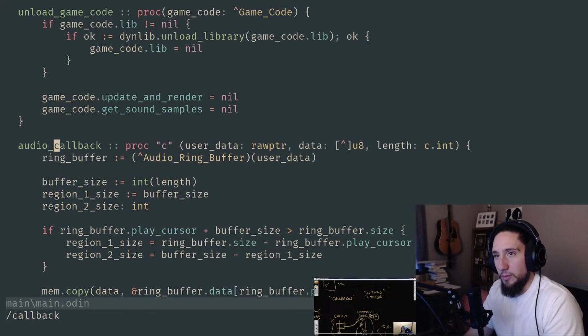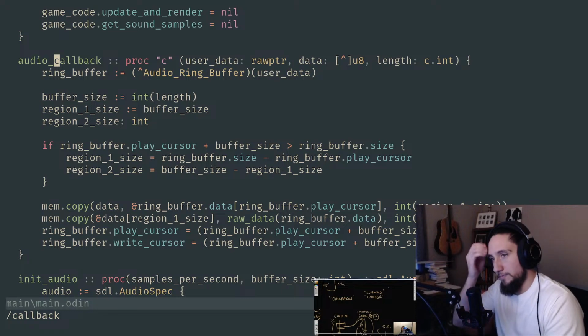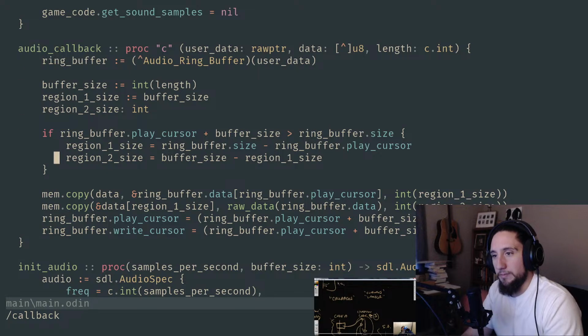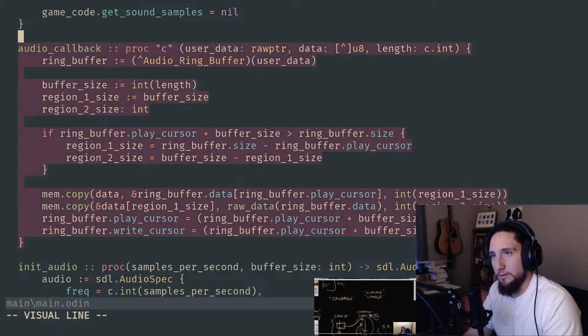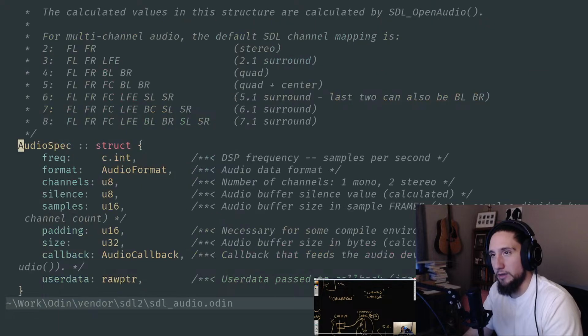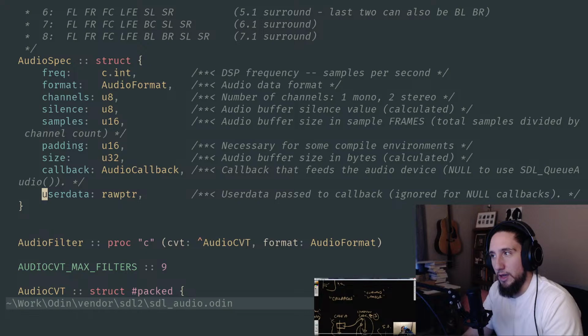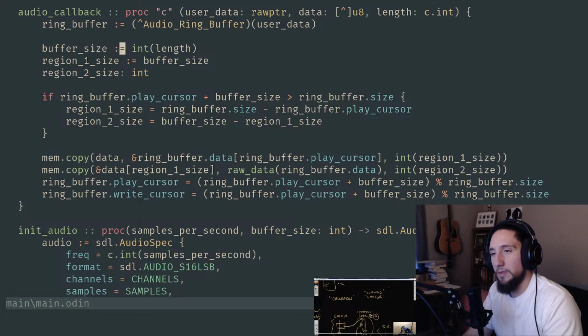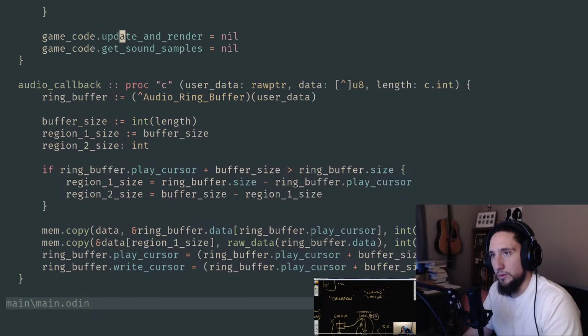Somewhere in here, there's a callback. Yeah, and I'm doing it for the audio. You can actually see this code inside of the platform layer that I've posted up to my GitHub, and I think it's in the description of the stream. But we define it here, right? And then it gets passed over here as part of this audio spec type that's in SDL. It's that callback that gets called when the audio needs to change the region sizes for this ring